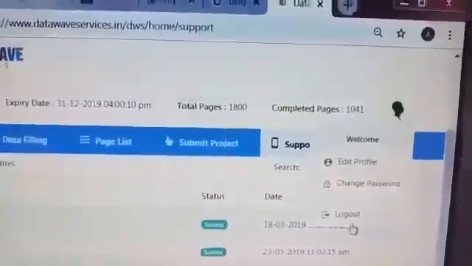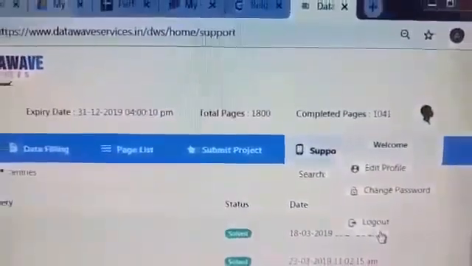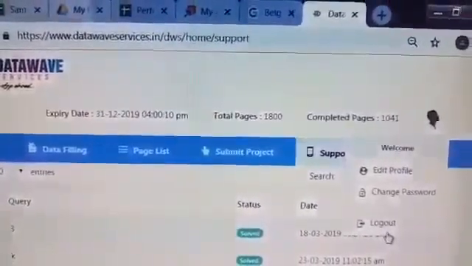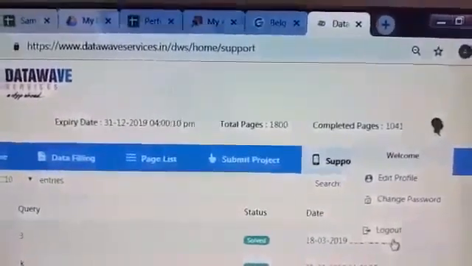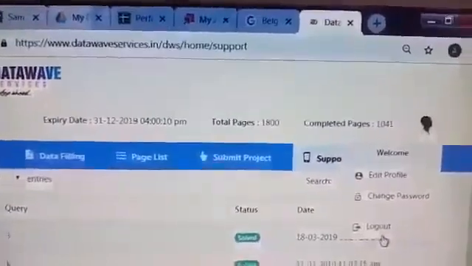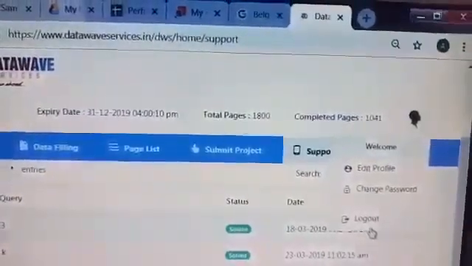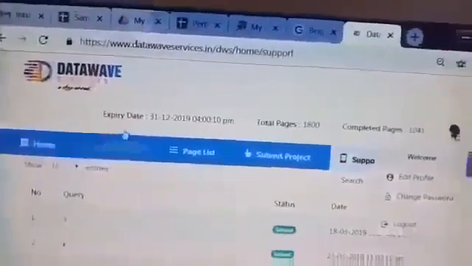And another thing, if you are using mobile data for this work, then multiple IP addresses will be found. Suppose you are using your mobile data now, right? So now your mobile data connection is not going too well. You need to use another family member's mobile data. So first of all you need to log out from your mobile IP, then you can log in again from any other mobile data. If you don't log out and just log in again from another mobile data, then in that condition it will be found as multiple login.